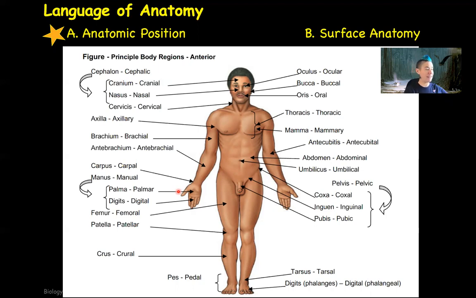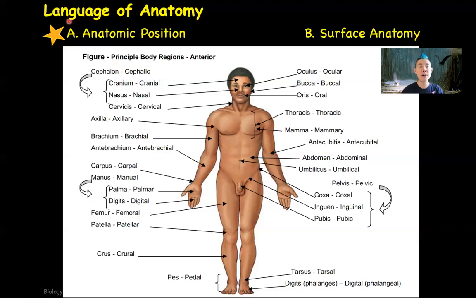Other things that we'll be looking at are the anatomical terms that are used to describe different areas of the body. And this is all based on surface anatomy. It's all based on what can be seen from the surface. So I'll talk through some of these terms that will be important to know. So if we go down here, we're looking now at an anterior view of this individual. So we're seeing the front side, and we'll be looking at the terms that are used to describe the anterior